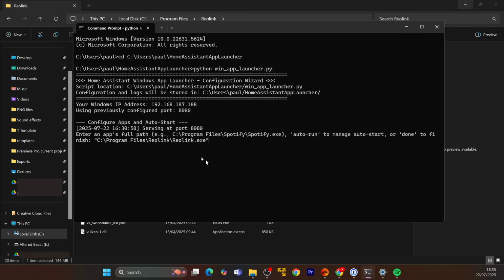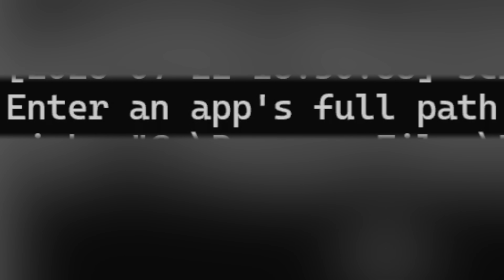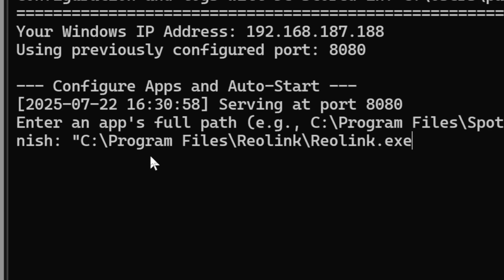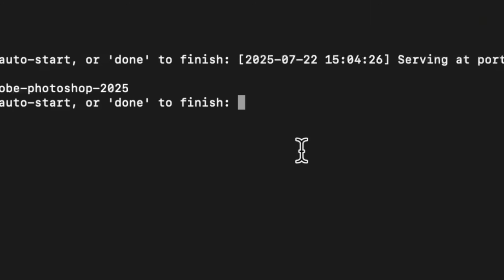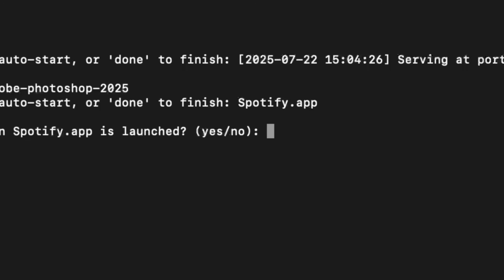I have got this script coded specifically so that it'll ask you questions now, so you don't have to do anything but just answer. It'll ask you if you want to load a program, and if you do, what is the location of that program in Windows, or if you're on a Mac, you can just put in like spotify.app and it will load it. It can also load websites, so if you just put in https://netflix.com, then it will load Netflix whenever that HTTP request is sent.